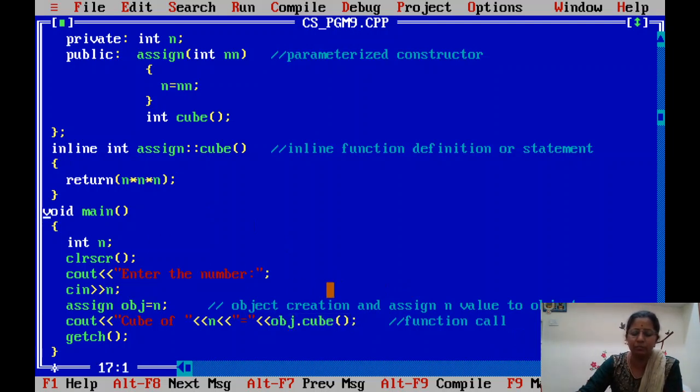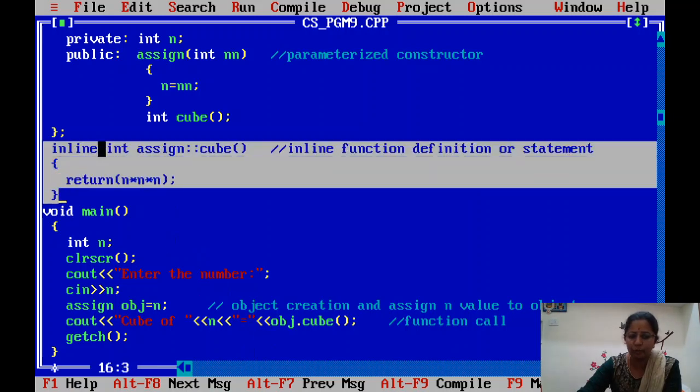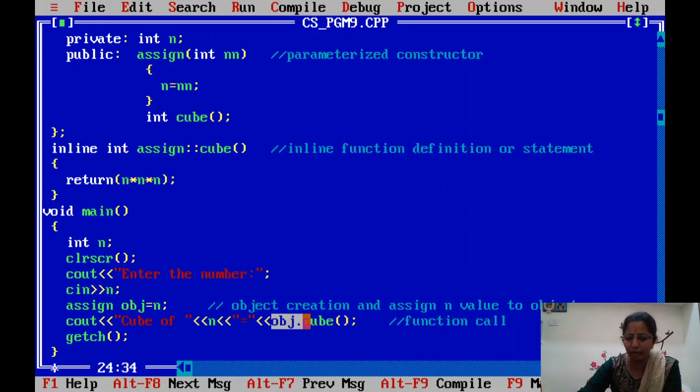Program execution begins with void main. But we have discussed the characteristics of inline, right? So what are the characteristics of inline? The function definition is prefixed with the inline keyword, and the definition of the inline function should be defined before the function call.